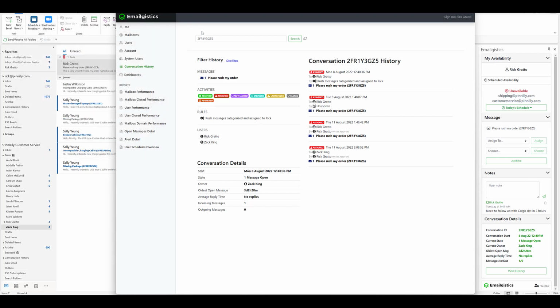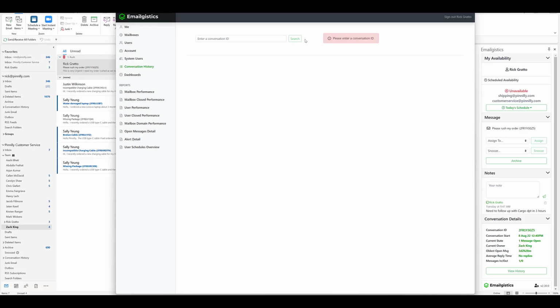There also is another way to search for these types of conversations in Emailgistics. So if I do a quick refresh here, I don't have a conversation ID. Now what I'm going to do is enter a conversation ID number here. If I pick up the phone and I have a customer who's referencing this ID number and I want to pull up information on this, this is a great way to be able to search for this message without having to go through Outlook, look at different search options, or go into different people's folders. I can simply in the Emailgistics add-in put in the conversation ID number here